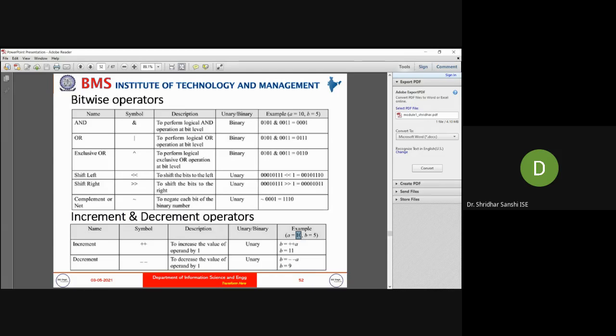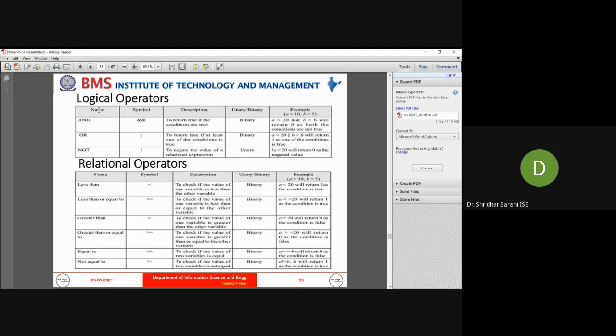So see here, b equal to plus plus a. The value of a is 10, so I am incrementing by 1 and assigning to b. So the value becomes 11. If I use decrement, then whatever the value is, I'm subtracting 1. So here the value of b becomes 9. Okay, so this is about the increment and decrement operators.